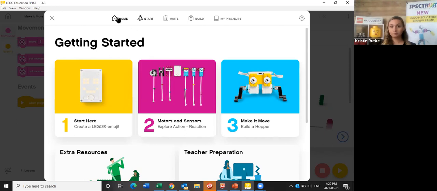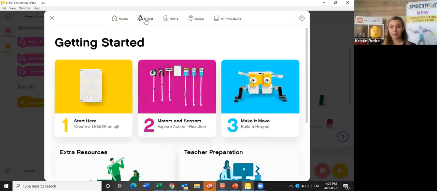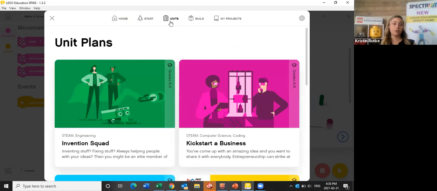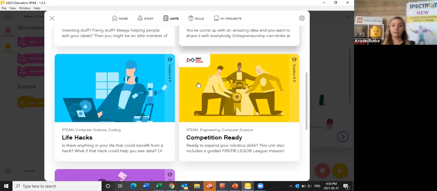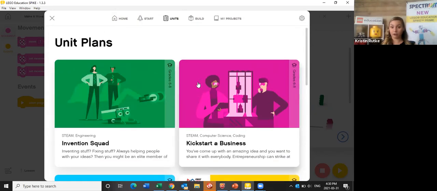So I've shown you home. I've shown you the start menu. Now we're going to take a look at units. The Lego Spike Prime set has 5 different units. When you download the app for the very first time,